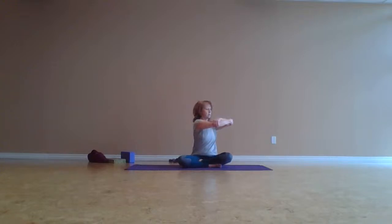You twist to the right, come back to the center, twist to the left, take your whole body with you, back to the center, over to the right, center, left,